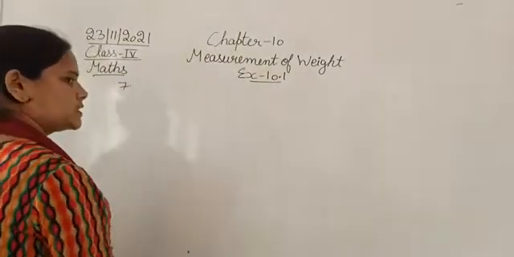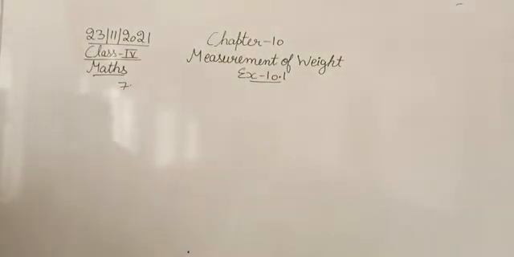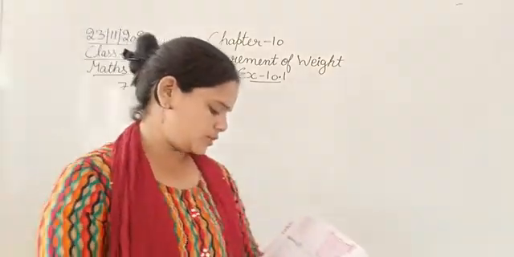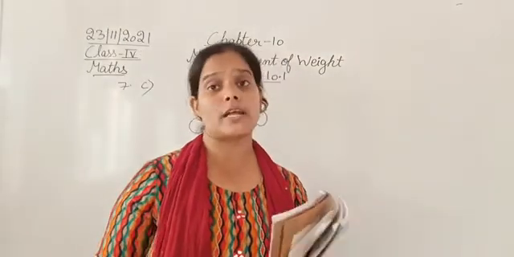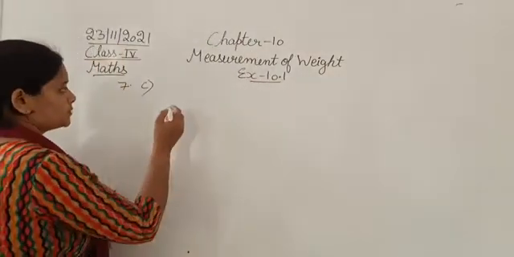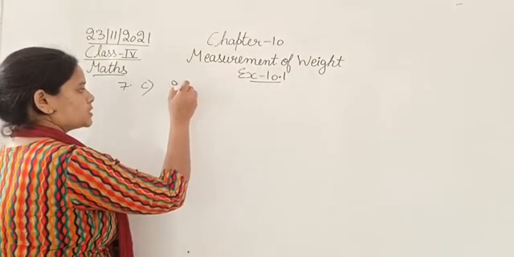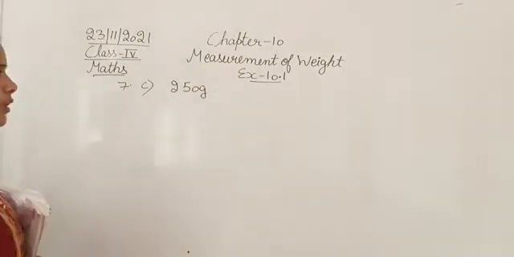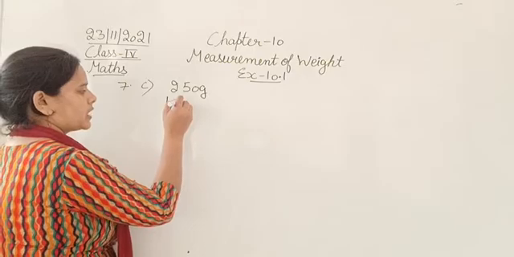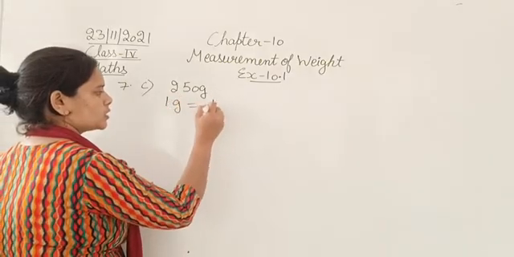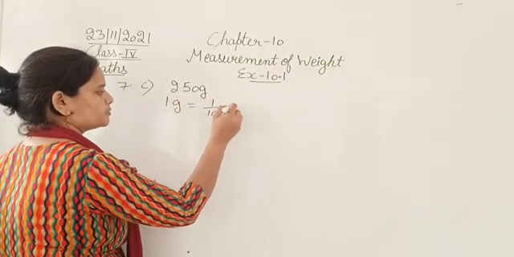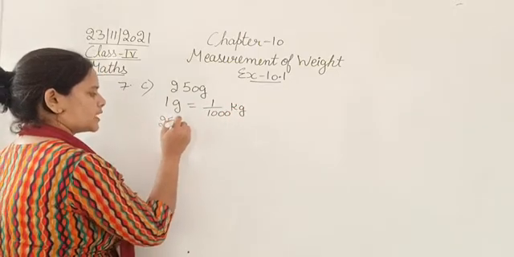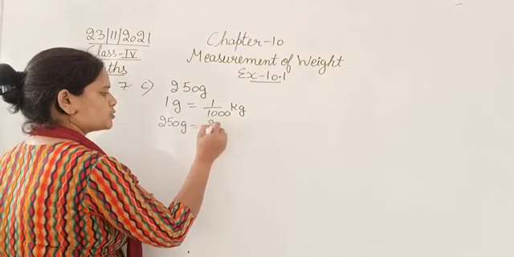The C part is, we need to find the cost of 250 gram of rice. 250 gram of rice. Okay. 1 gram is equal to 1 upon 1000 kg. So 250 gram is equal to 250 upon